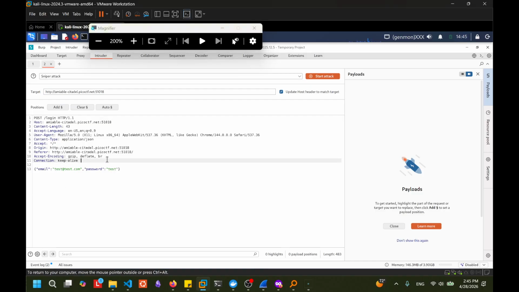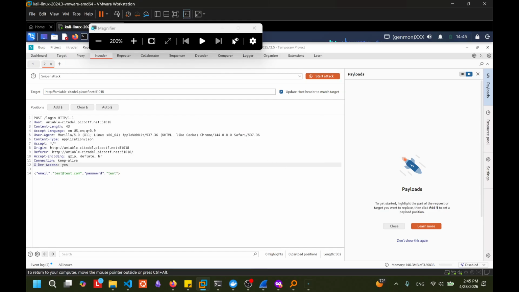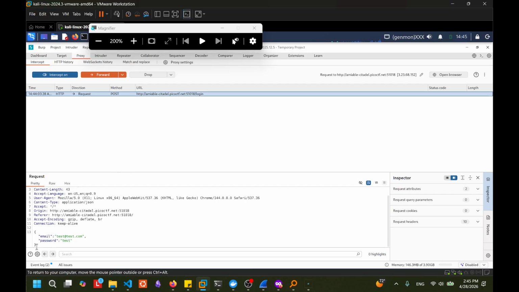Now I want to add X-Dev-Access: yes. I think I might be able to just do it from here. Now that I've modified it, forward it on.